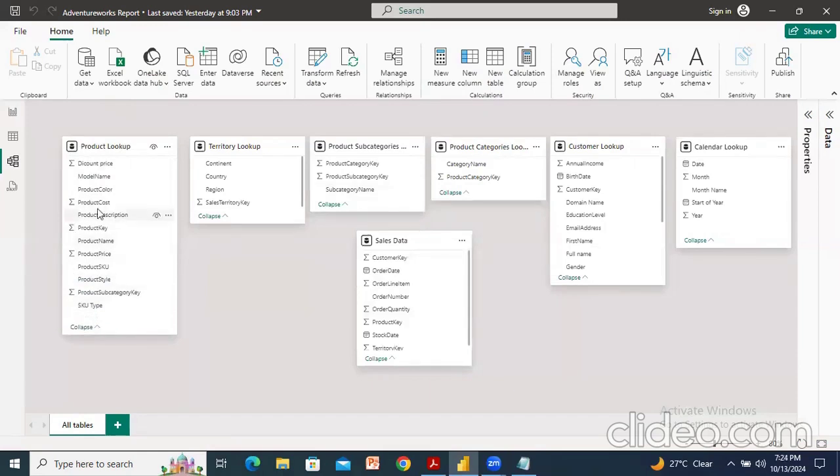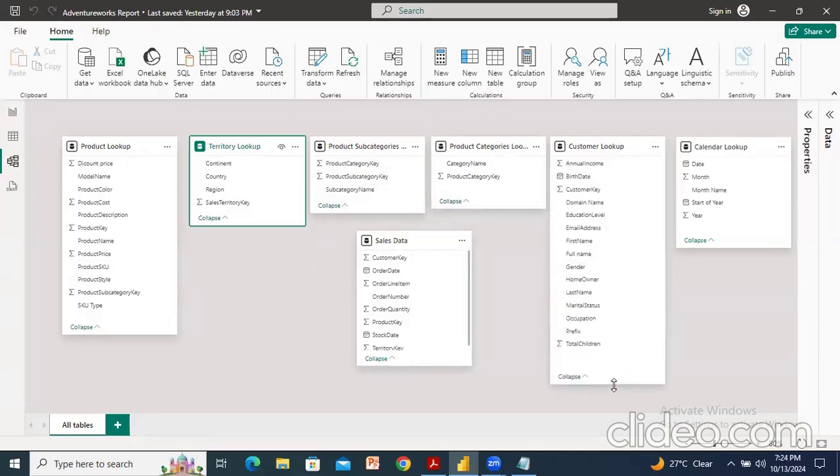Like discount price, model name, product color, product cost, etc. And similarly, territory lookup, territory information, like continent, country, region. And coming to product subcategories, we have product category key, product subcategory key, subcategory name. And coming to the product categories table, customer related information, the customer lookup table, all this customer information is